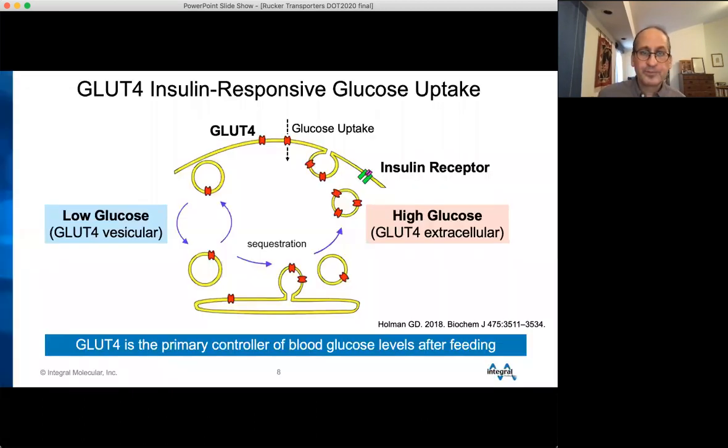So what does GLUT4 do? GLUT4 is expressed in adipocytes, fat cells, and also in smooth muscle. At resting blood glucose levels, which is actually relatively low, GLUT4 is expressed in these cells, but primarily located in these intracellular vesicles that are within the cell. After a meal, as your blood glucose levels begin to rise, insulin is released from the pancreas. And then insulin activates insulin receptors on these different cells, the adipocytes and the muscle cells. And this activation of the insulin receptor causes a rapid translocation of GLUT4 from these intracellular vesicles to the cell